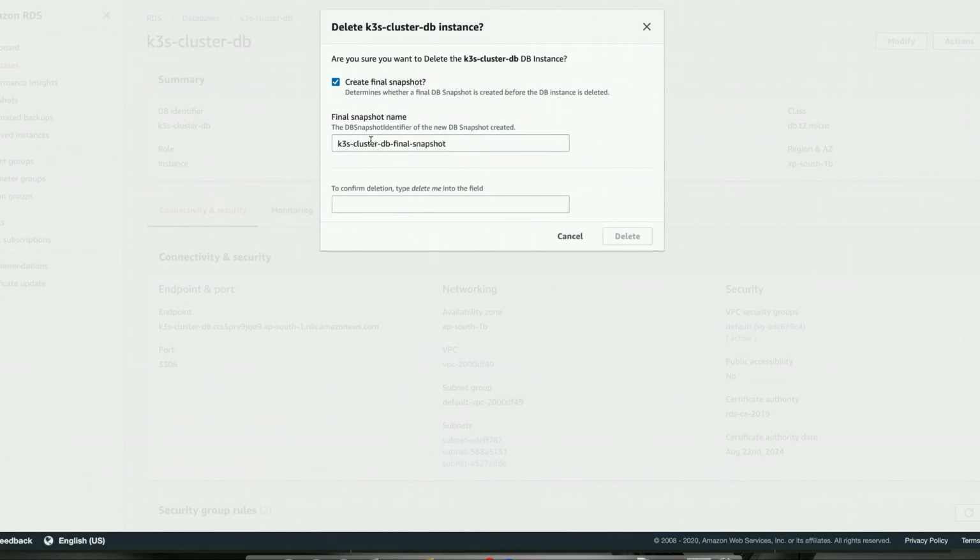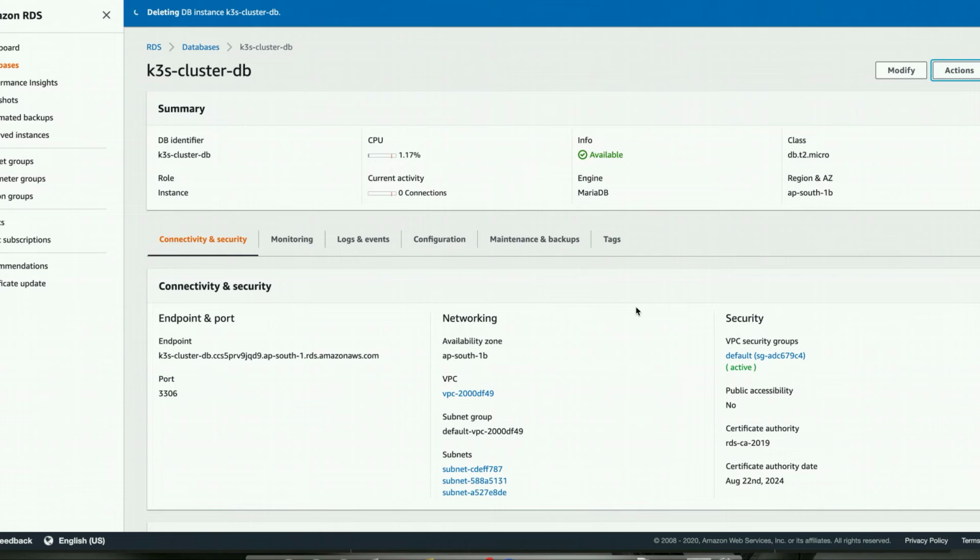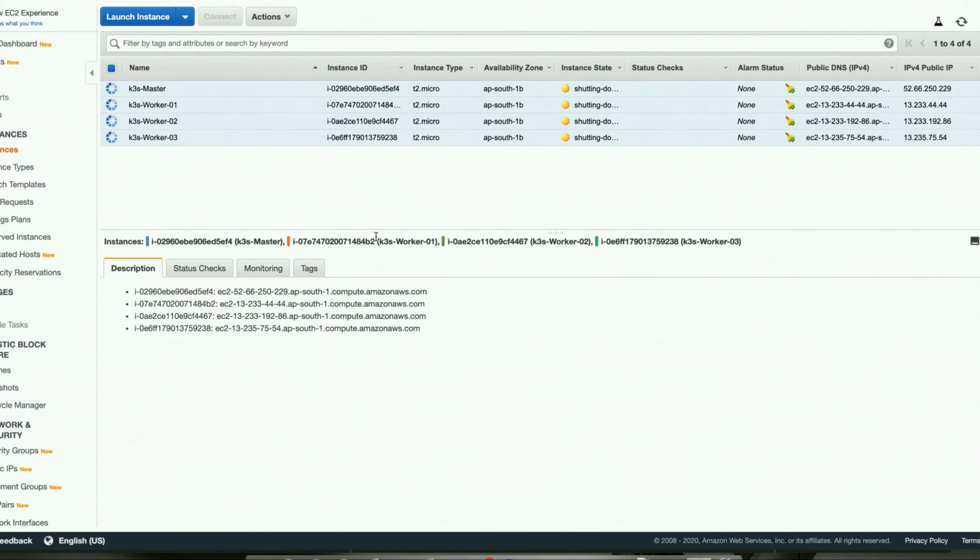Delete. As this is a demo instance, we don't need to create a final snapshot, and we acknowledge and enter delete me and then delete. Let's refresh this page. There you go, it's deleting. So this is how you can clean up the cluster and the instances as well.